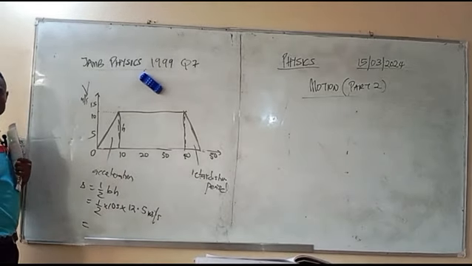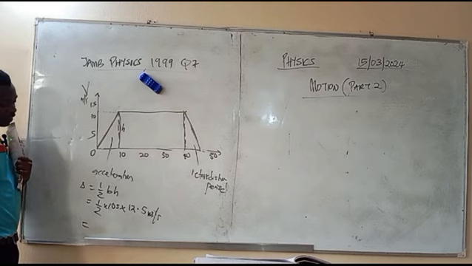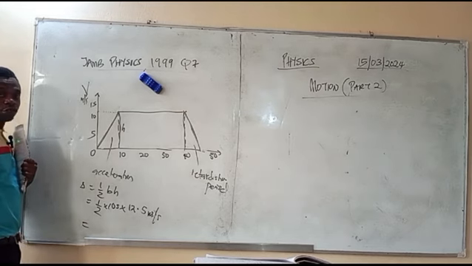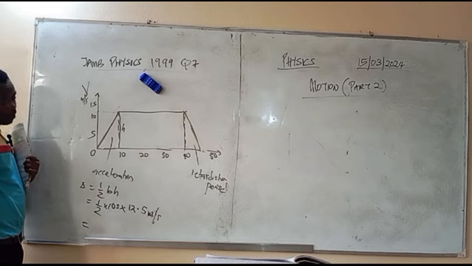125 divided by 2 is what? 62.5. 62.5, right? 62.5 meters. This is for the acceleration, right? Maybe for retardation. Here,